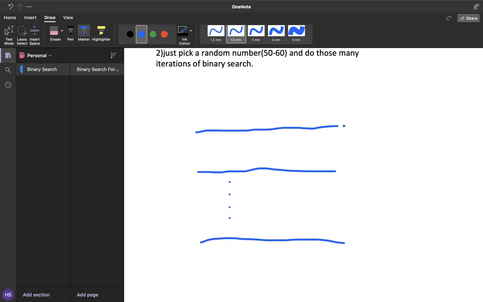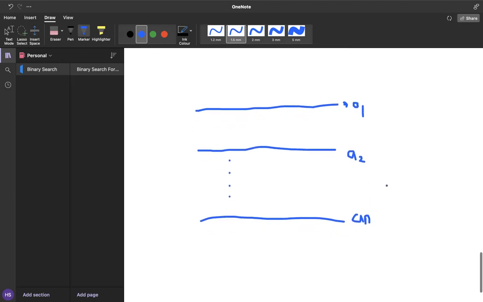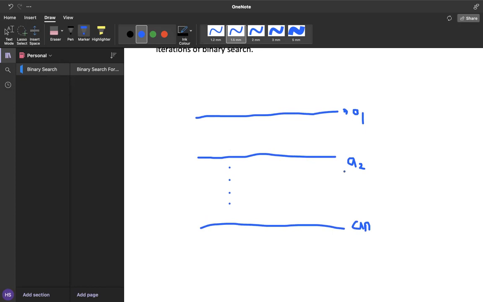And all the ropes are not of the same length. The length of the ith rope is equal to a of i. So the length of this rope is equal to a1. The length of this rope is equal to a2, and so on. So this is equal to an. And what we need to tell is the maximum length of the pieces. The length of each piece has to be the same. And we need to tell what is the maximum length of the pieces that we can get, so that the number of pieces that we can cut is k. So again, we are going to use binary search here, right? And this is obviously similar to the problems that we have been solving till now.